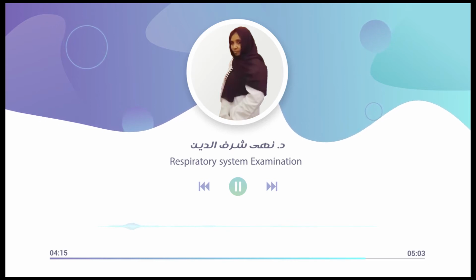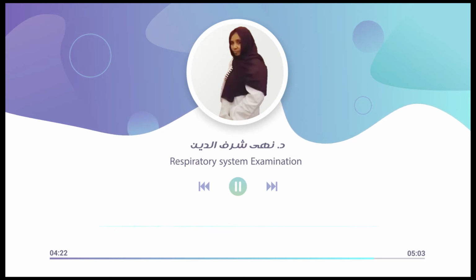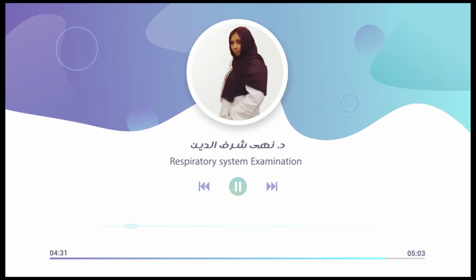After that you go to auscultation. Auscultate also in a comparison manner in the mid-clavicular line and the axillary line and posteriorly. You comment on your findings in auscultation by commenting about the air entry, the type of breathing, vesicular or bronchial. Mainly breathing in pediatrics or in small children is bronchial, and added sounds like crackles or wheezing and so on.